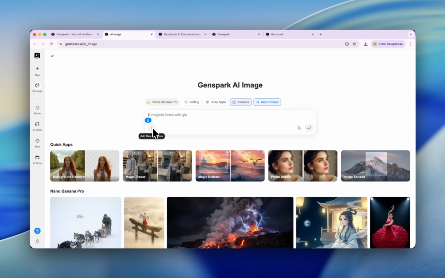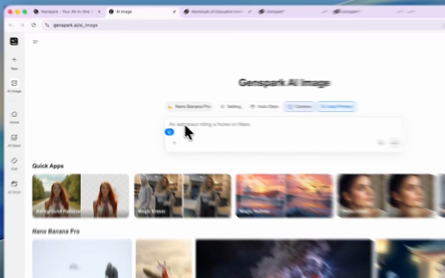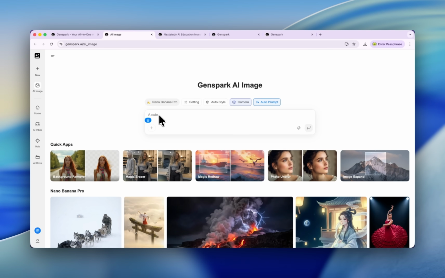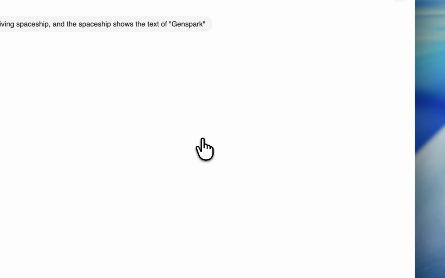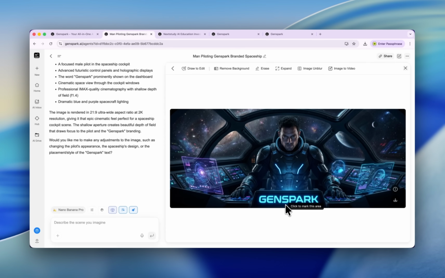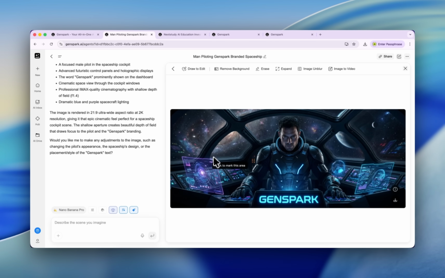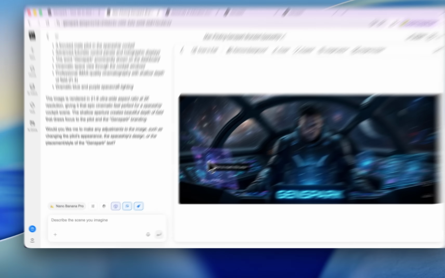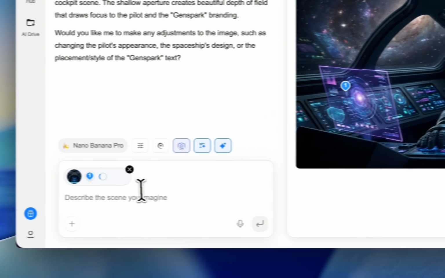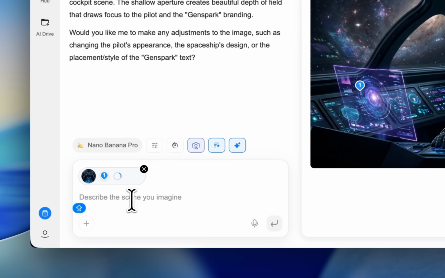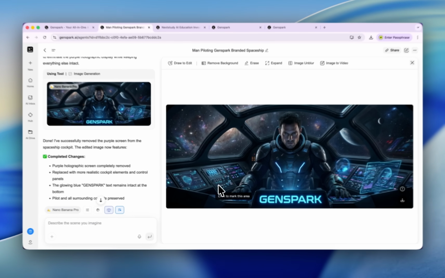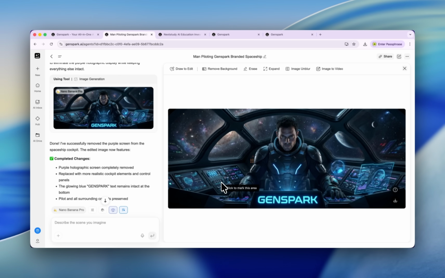And we can type our prompt here. You can upload an attachment as well, for instance, your portrait. Let's just generate something like this. Let's click the generate button. Now we are generating our image. All right, isn't that fabulous? And what is the best? You can even mark an area, for example, like this, and you can make your change request. And let's click here. We already successfully removed the purple screen. So now you can control the image more accurately, right?